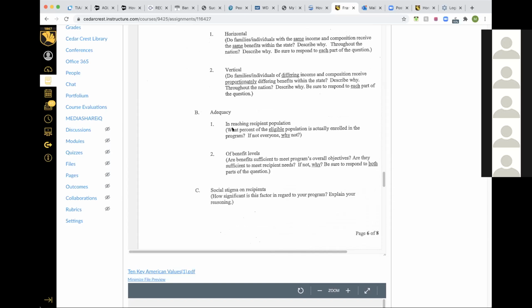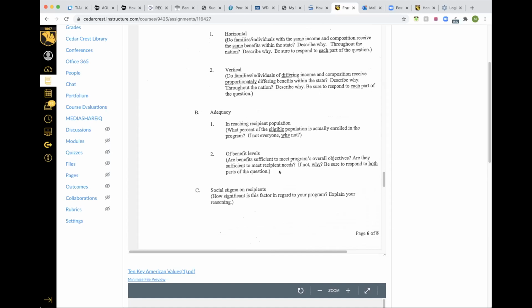Okay, is the program adequate in terms of benefit levels? So there's a 2-part question here, 2 answers to this. First of all,